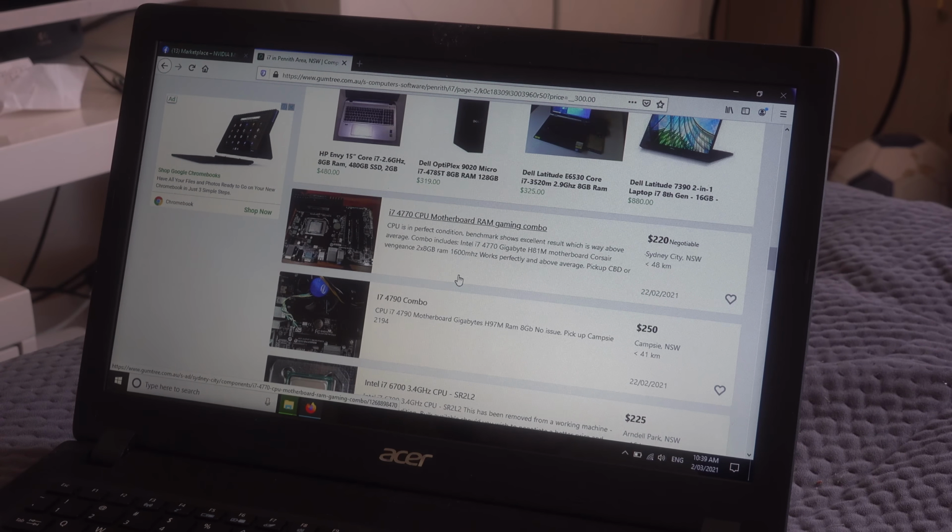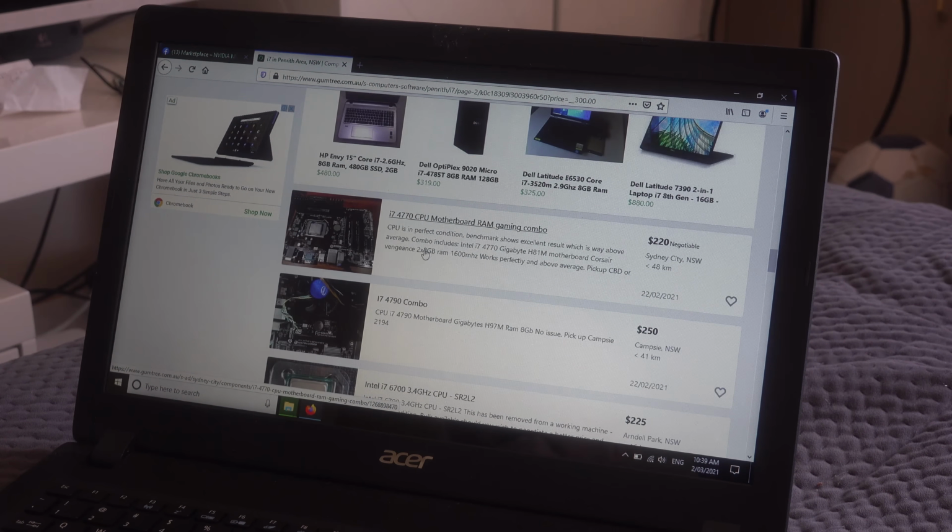They said no. And then the motherboard, the combo, the i7, the 16 gig of RAM, they said they wanted 200, and I just said 160. Like, I'm sticking firm to my prices here because a deal is a deal. You don't want to get ripped off, especially when the